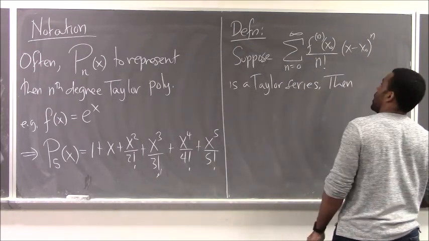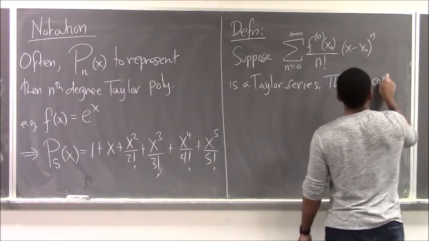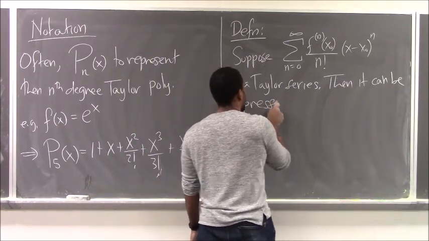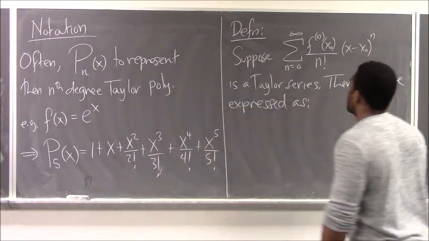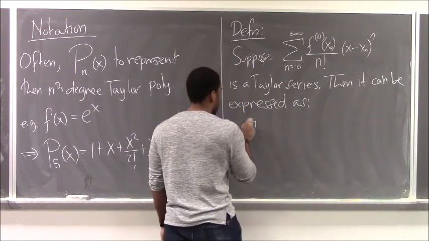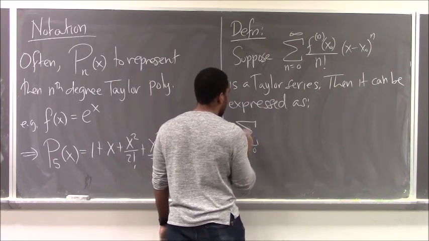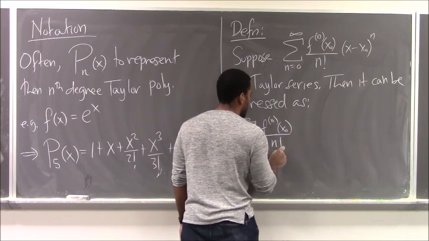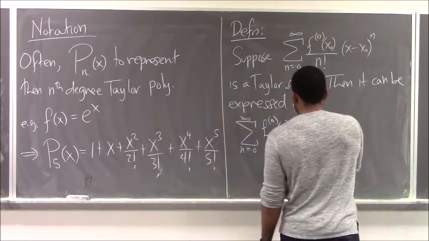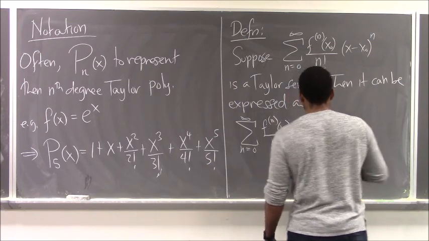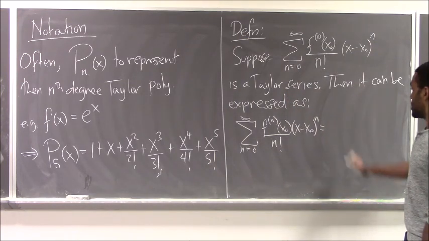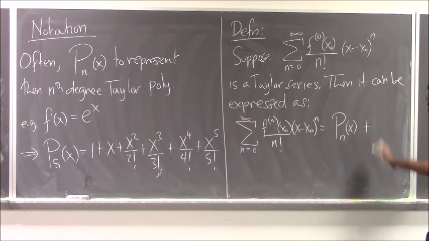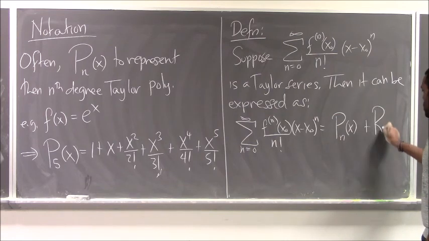Then it can be expressed as, n goes from 0 to infinity, f to the n of x naught over n factorial times x minus x naught to the n. We can write this guy as p sub n plus another polynomial, r sub n,